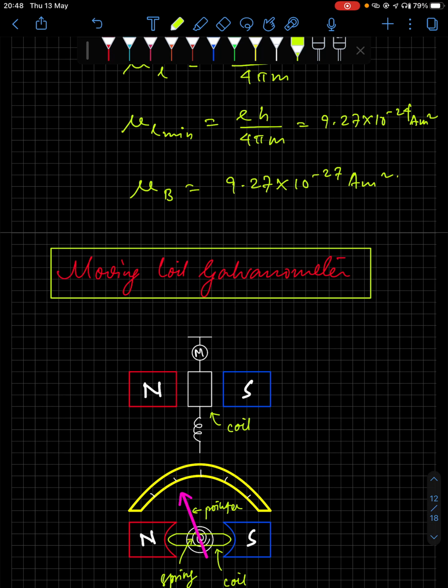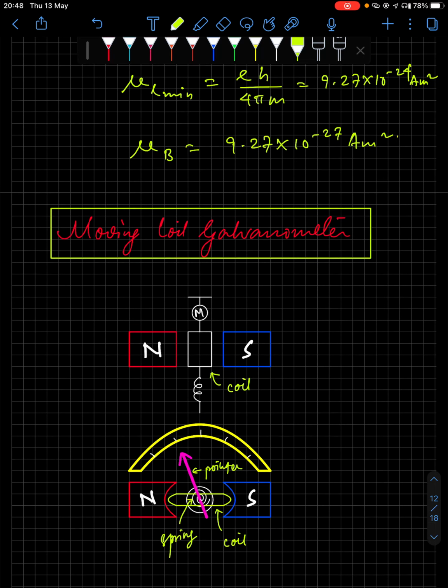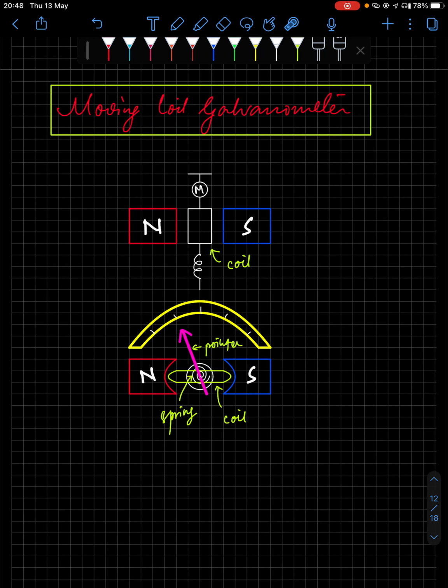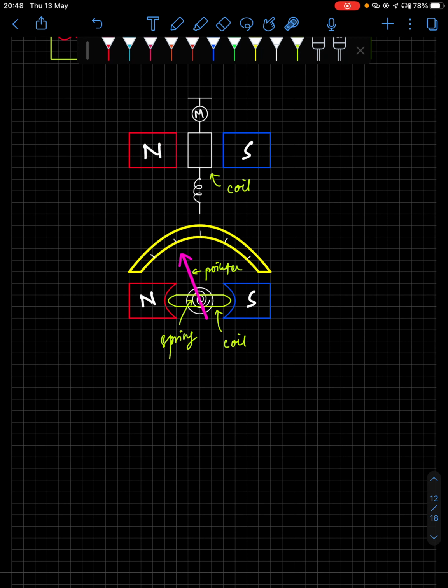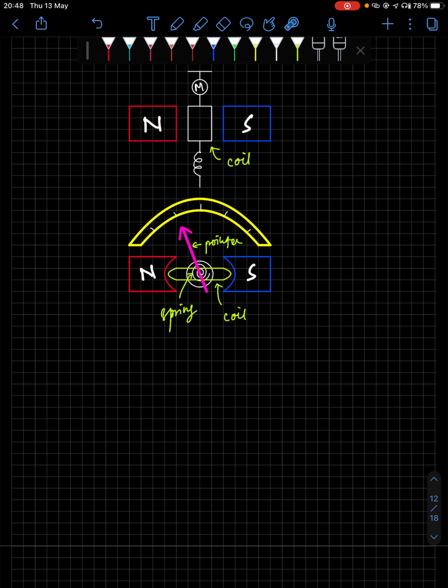So after this we have the moving coil galvanometer. In the setup you have a coil which is attached to a spring on one end, and at the other end you have a mirror. The coil is placed in between two poles of a magnet. It's a radial magnetic field. So at any point of time, the magnetic field makes an angle of 90 degrees with the coil. So theta comes out to be 90 degrees here. Here the radial magnetic field is shown. This is the pointer. Whenever a current passes through the coil, the pointer will move towards the right.